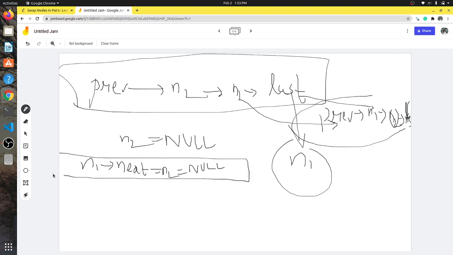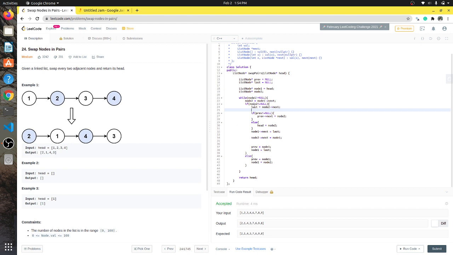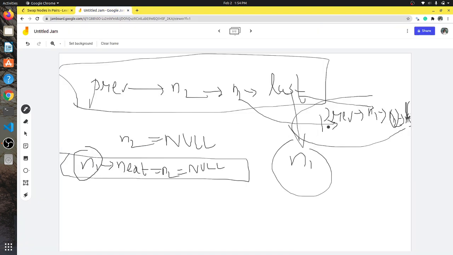In this case, if it is null, then we do not have to swap, because we can't swap. In the last case we will only have n1, and because n2 is null, we can't swap. So before swapping, we check if n2 is null or not. If it is not null, then we make another pointer named last and assign it n2 next, and we do the following operation as explained here.